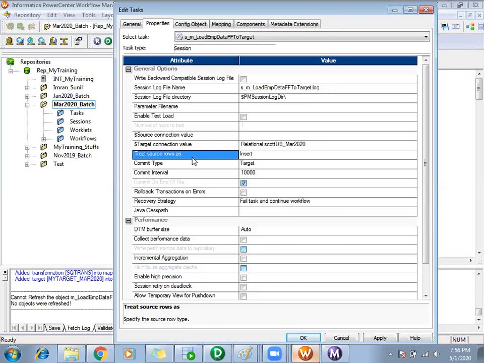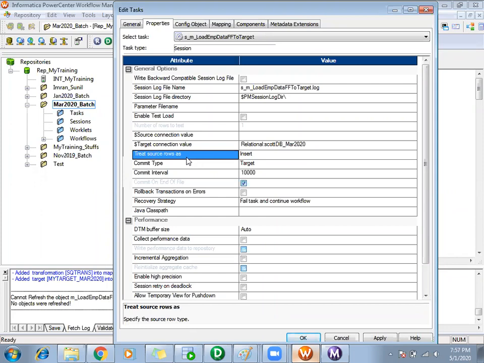So why is it important? Assume my scenario is I'm getting some 100 records from source. Out of those 100 records I have to insert some 10 records, update some 50 records, and delete some 40 records. I have to perform all these three operations.